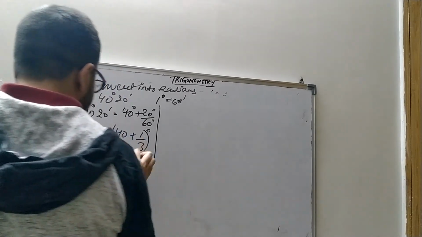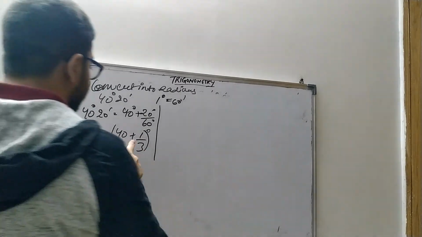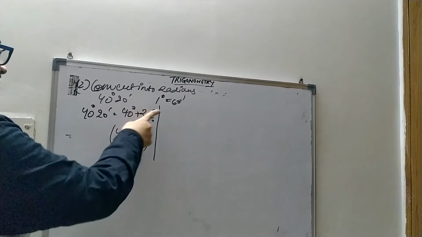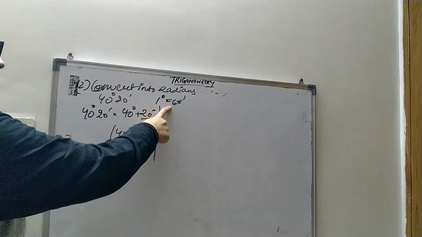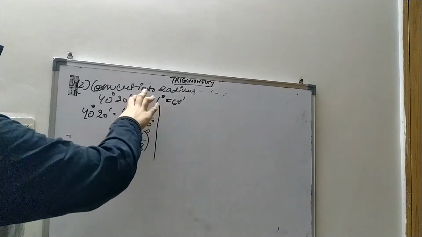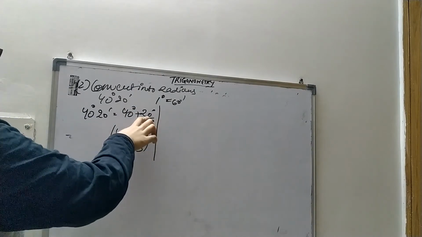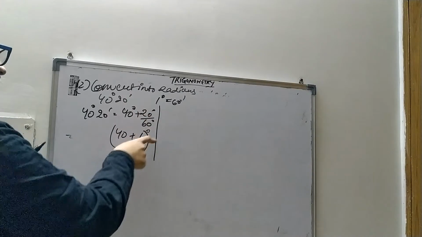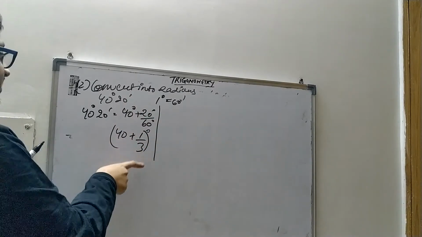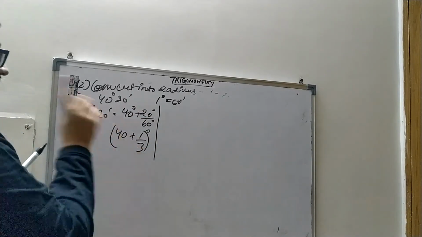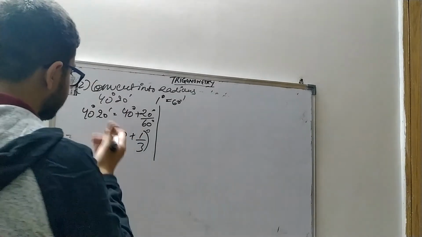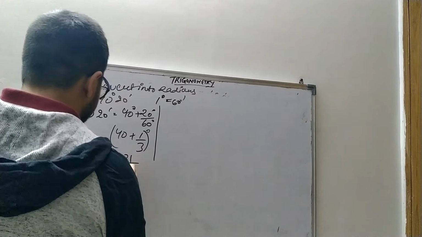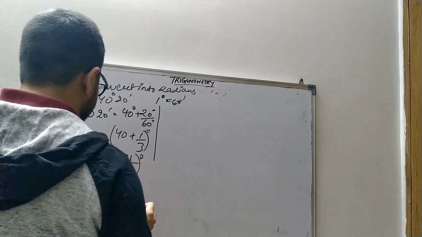So it will be 40 and 1/3. So you see, children, we know that 1 degree is equal to 60 minutes and there is 20. So we have to convert minutes into degree and then into radian measures. Then we have taken 1/3, 20 by 60 is equal to 1/3. By this we have got 121 by 3 degree measures.